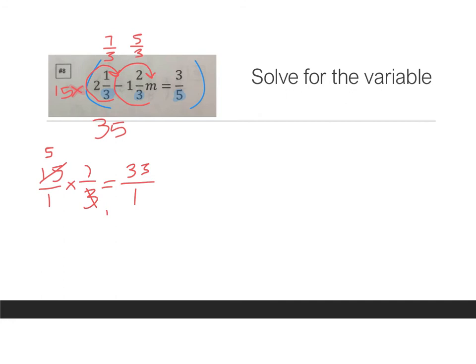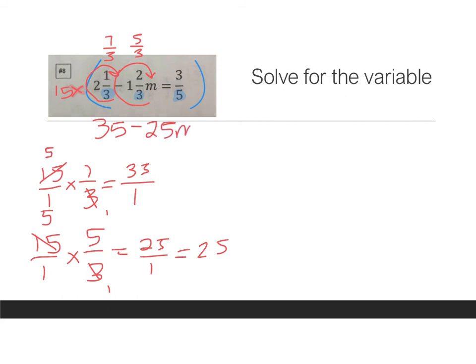35 minus, and then I'm going to do 15/1 times 5/3. Again, I can cross simplify here to get 1 and 5, and I'm left with 25/1, which is just 25. So 35 minus 25m equals, and then I have to do